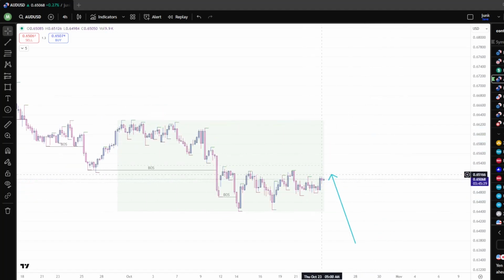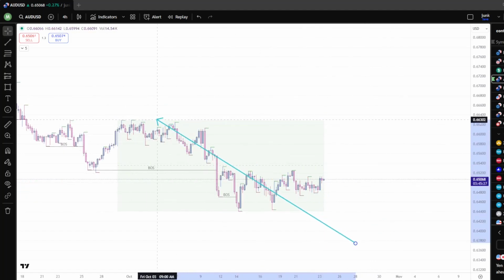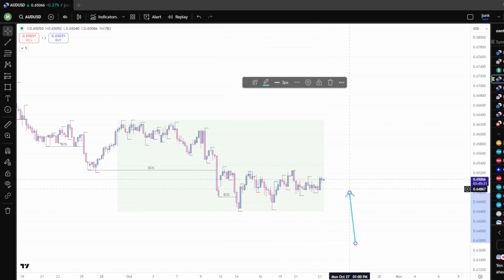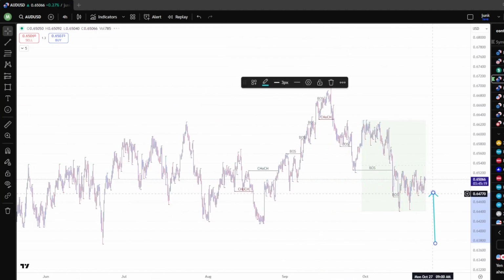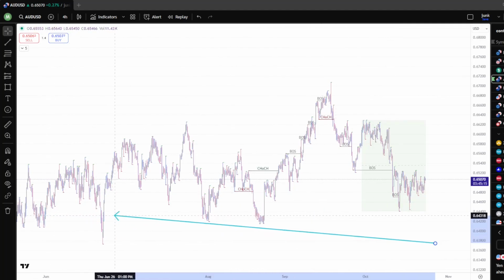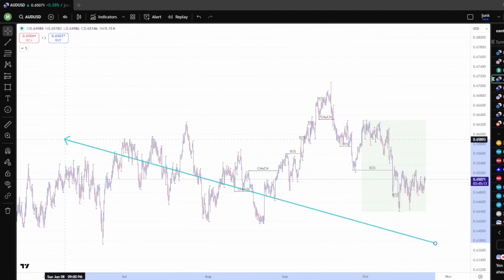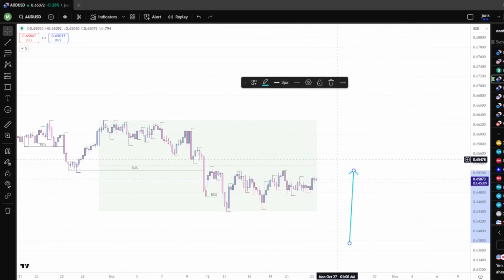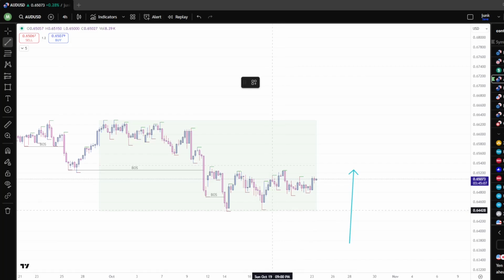Of course, we noted bearish swing structure, as these are lower highs from those previous highs, and lower lows. And then we started consolidating sideways. Overall, the AUD USD is just inside this overall range, with this being support and this being resistance. Right now, it looks like we are not continuing to make